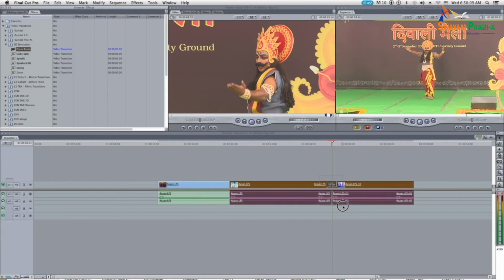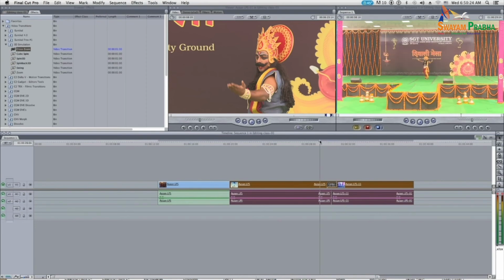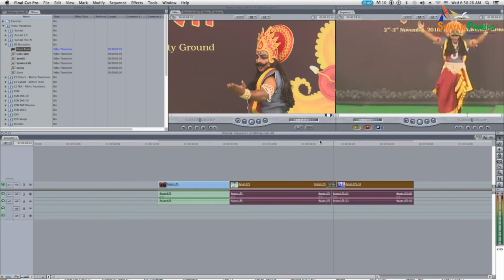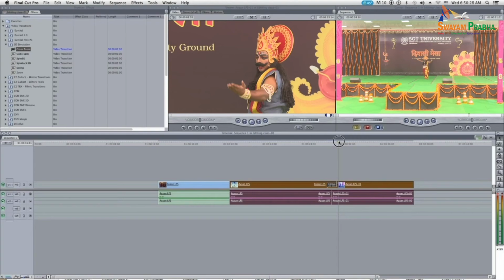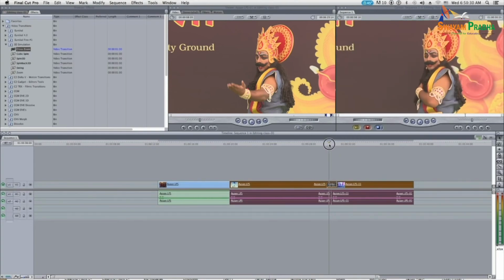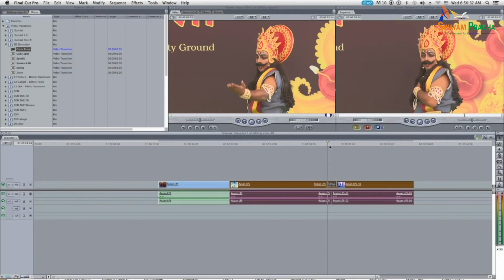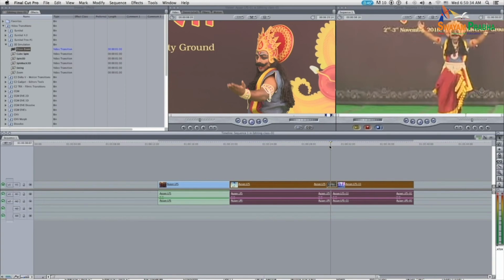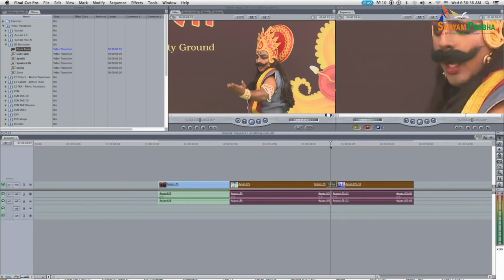You can see that here it is showing red color. It means that the rendering is required. To render, you simply have to press Command with R. So it is Command R for rendering. Now let's play it. This was cross zoom. In this way, you can simply select any transition by left click and drag and drop